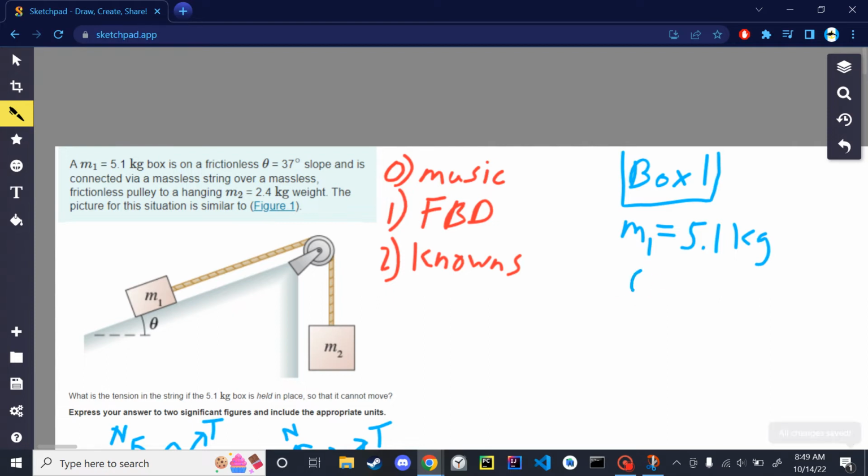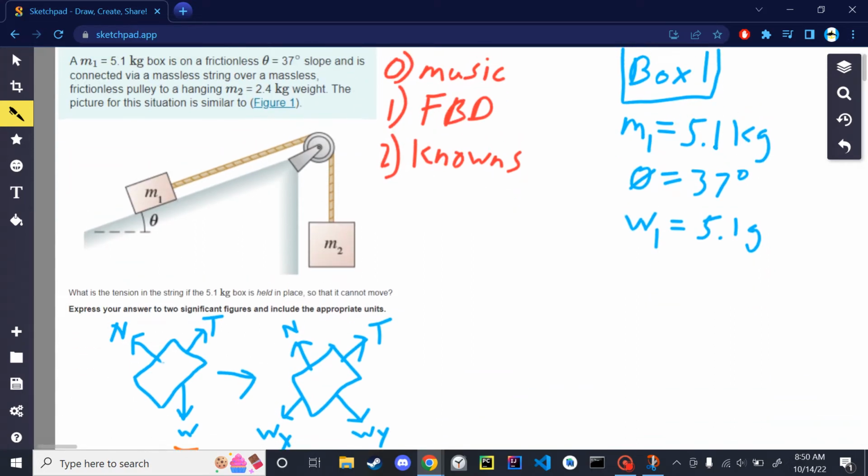We know that theta is 37 degrees. We know that the weight force unsplit is going to be 5.1 Gs. We know that the Wx component, which is going to be this one right here,